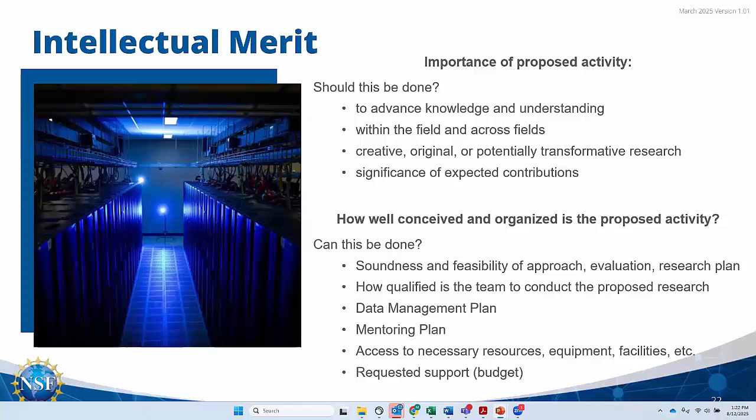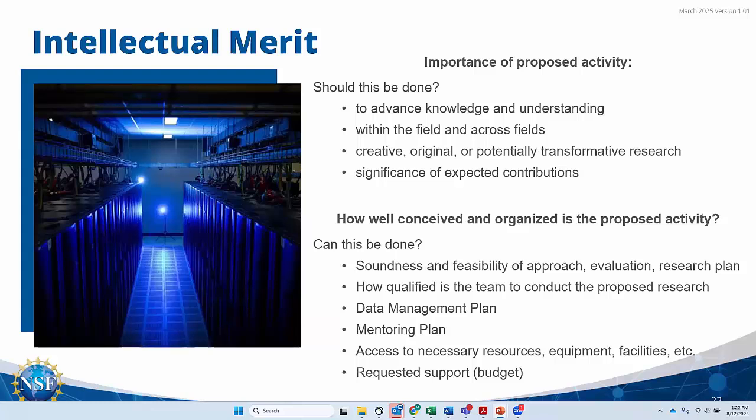And the other question is broadly, can this be done, where the reviewers will look at the research plan, the expertise, track record, feasibility of approach, the availability of resources, quality of your data management and mentoring plans, and if the budget is appropriate.